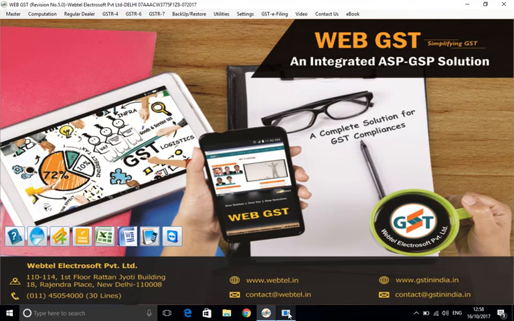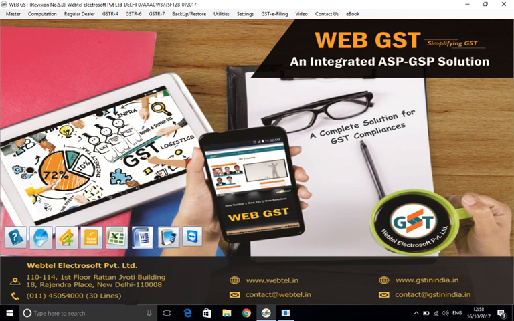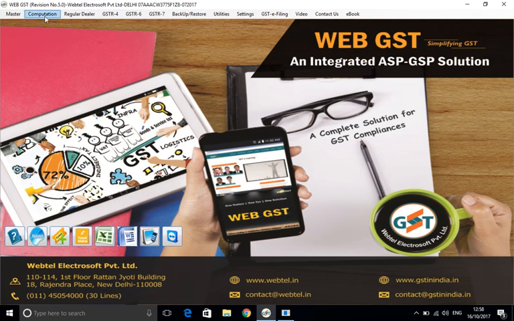Now let us see how we will download GSTR-2A from the department's website while using our Web GST software, and how we will do the matching. Most of the matching will be automatic, but what steps have to be taken, let us see that. So first of all, we'll log into the Web GST software, and then we'll go to computation,